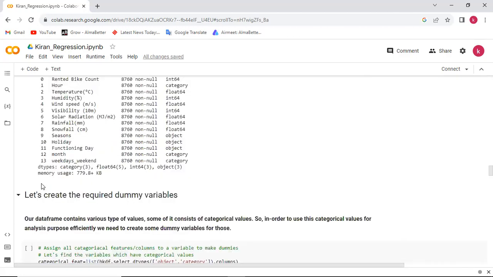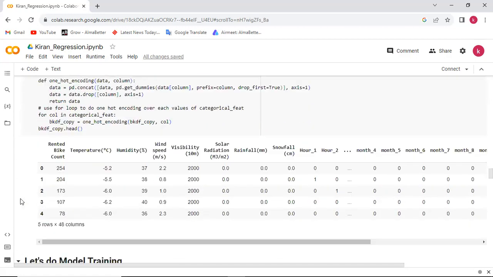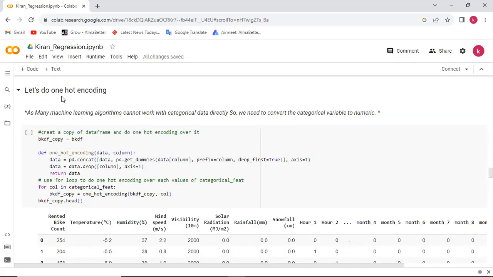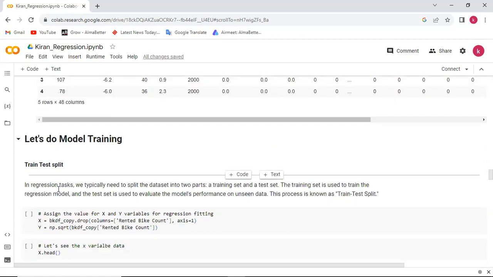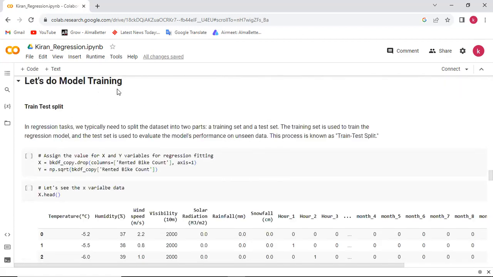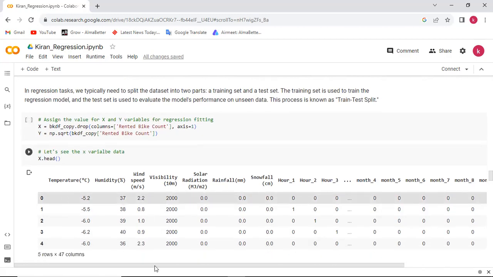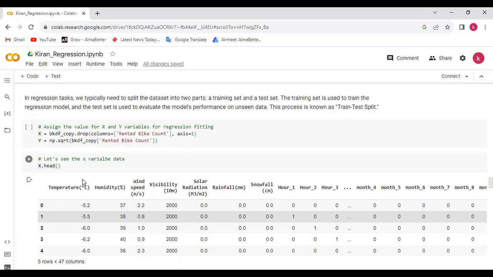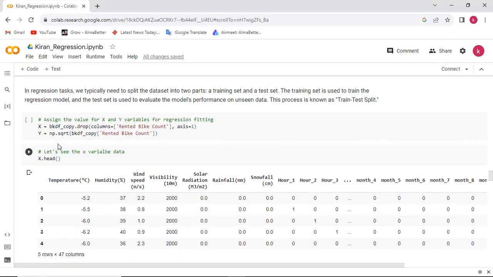Now go to the part of machine learning algorithms. Here we have performed one hot encoding, then model training. We have taken the data and split it into training set and testing set.